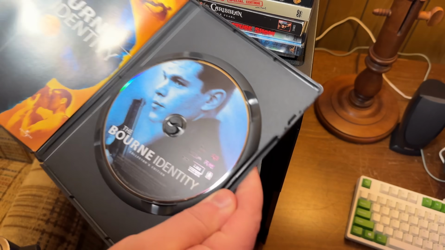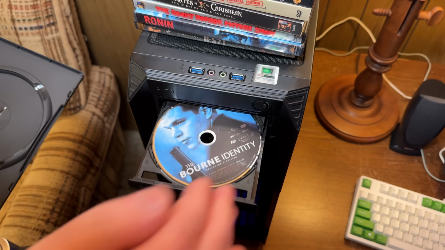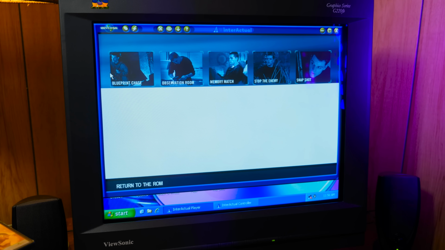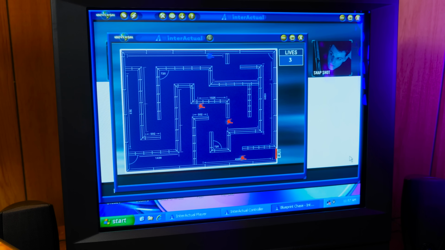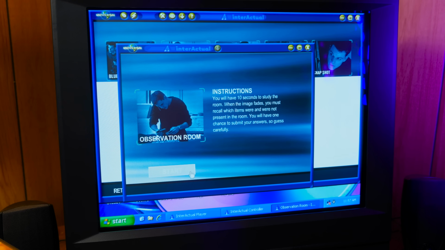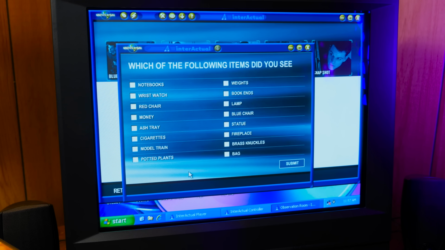Speaking of crappy Flash games, the Bourne Identity here doesn't offer much more than that, unfortunately. About the only thing you get on this disc are 5 minigames, each of which loosely tie into the movie's themes of Jason being an amnesiac, super observant spy guy that does a lot of cardio. So you get the world's worst Pac-Man clone with what appears to be only a single level and absolutely brain-dead enemies. This game, where you have 10 seconds to memorize the objects in a scene, and that wasn't 10 seconds.